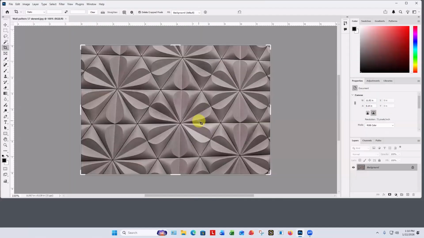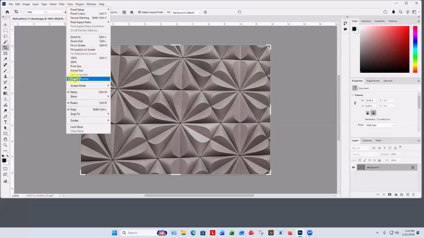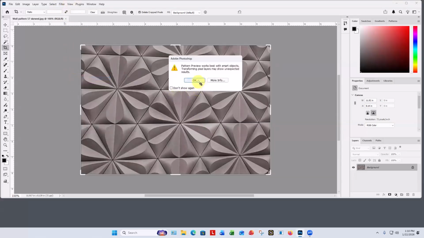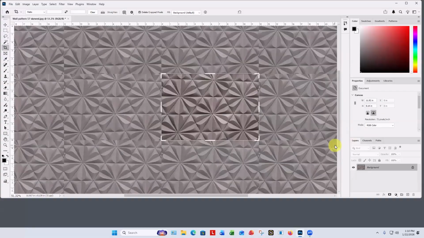At any time, we can just see what this would look like if it were repeated by going to View, Pattern Preview. Say okay. And you can see that this is pretty disjunct. The large size over here doesn't match the small size over there. The tops don't match the bottom. So what we want to do is beat this into shape, essentially. Let's go back to just a regular view,